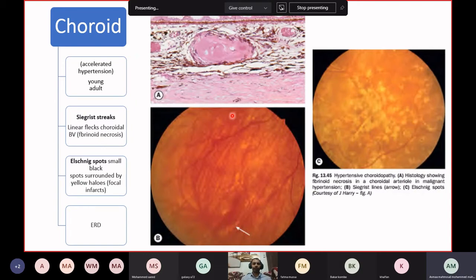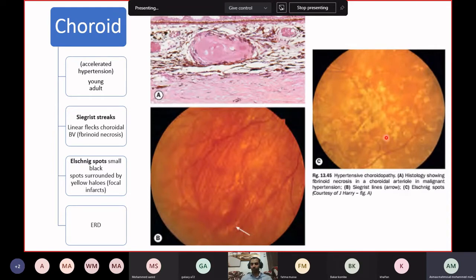The main affection of the choroid is what we call the fibrinoid necrosis. So there is necrosis of the choroidal vessels, and it assumes a shape which is histologically similar to the fibrous tissue. So it's called the fibrinoid necrosis. Okay, this happens again in accelerated or malignant hypertension, and it may assume the appearance of